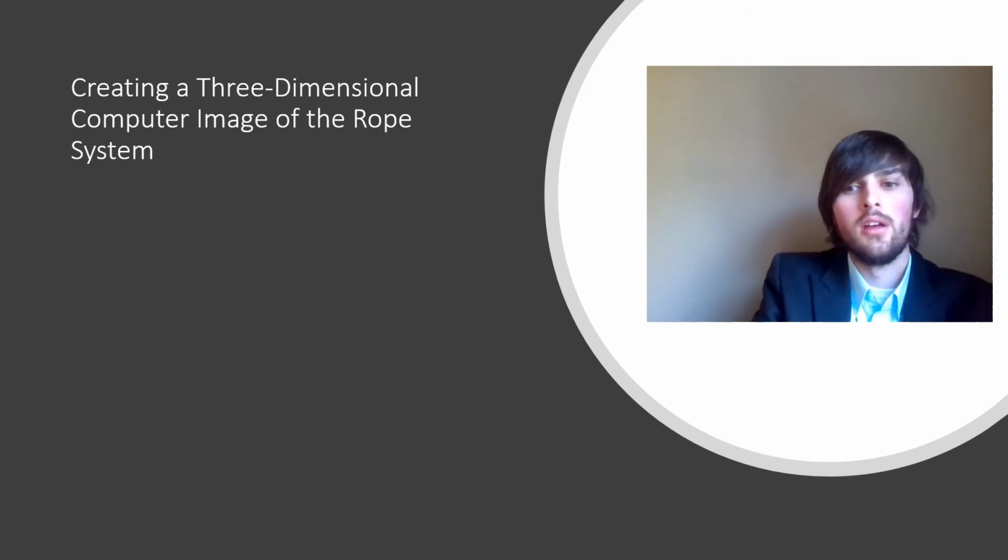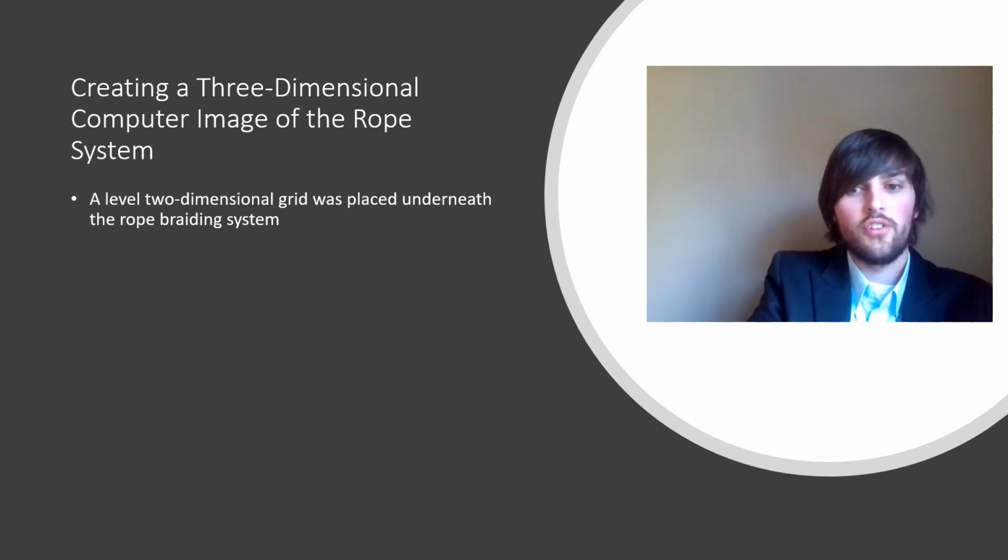static system. So we did that, and we set up a system with 16 strands, and we wanted to create a 3-dimensional image of that rope system using a computer in order to look at it more mathematically and analytically. So I'm going to take you step by step through that data collection process and then show you the resulting images. So first, we placed a level 2-dimensional grid underneath the rope braiding system in order to determine an origin